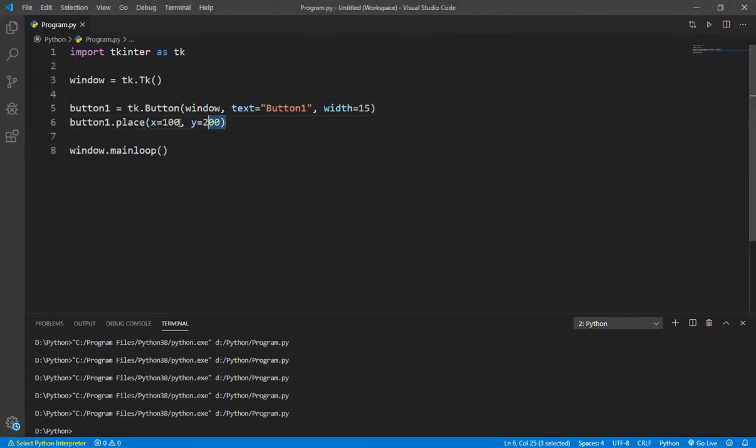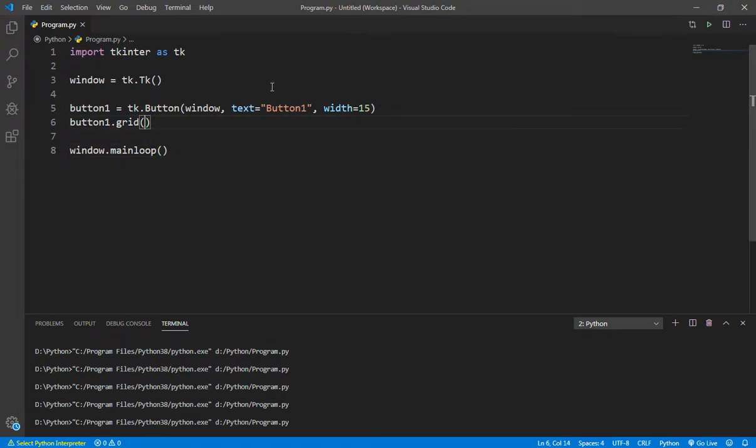Okay, now let's say grid. Okay, grid is our third function which is used to locate the widgets. Okay, so here grid, by default, let's run it. As you can see, by default the value is topmost left corner.